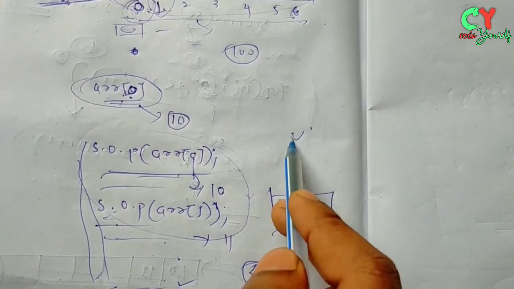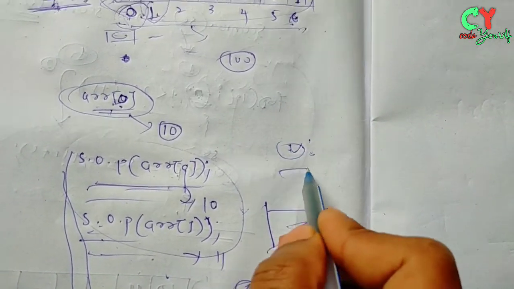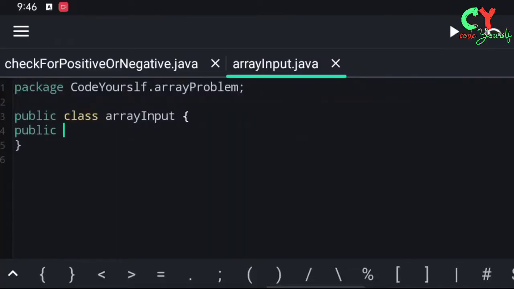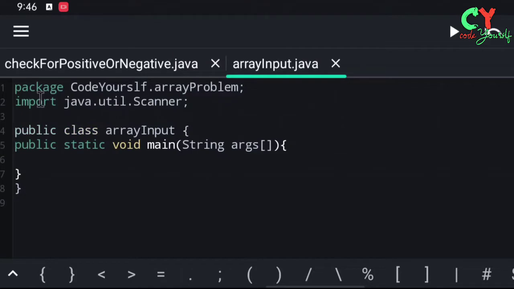Sorry, I will use mobile to code this question. Let's see the coding part. First I will create a main method, which is public static void main, with String args. Now I will import the scanner class. We know to receive user input in Java we need the scanner class. I am using the scanner class to receive user input in Java.